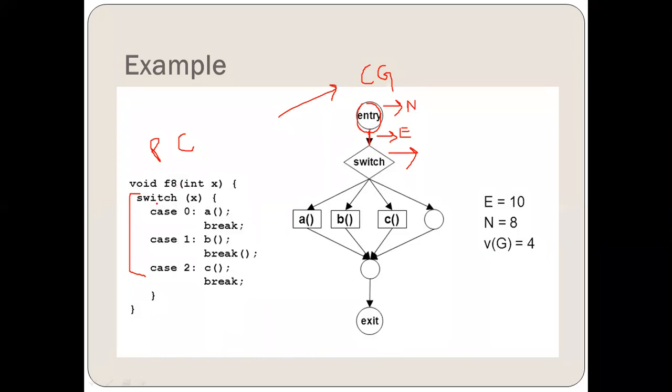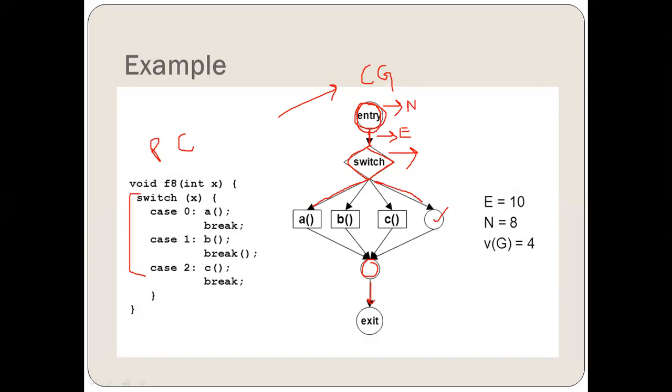Let's see how we have converted this particular program code into a control graph. We have taken into consideration the switch code. First of all, the start. The switch code is given in the diamond box, but it is a node only. Now there are 4 conditions, let's say. There are 4 cases. 3 cases are defined here, and 4 cases because it will break A, B, C, and this one, right? So these are again nodes. This will end here, whatever is printed or done, and then they exit. So these are the nodes and these are the edges.